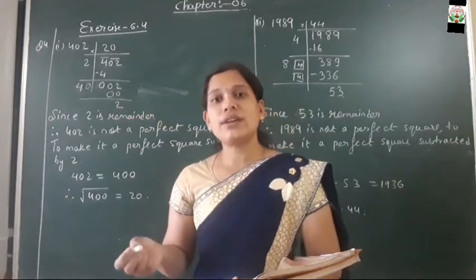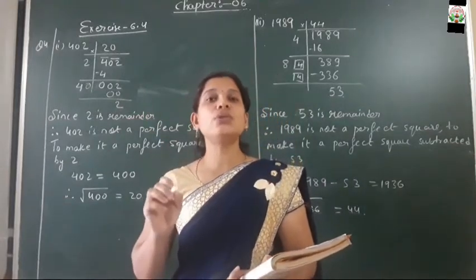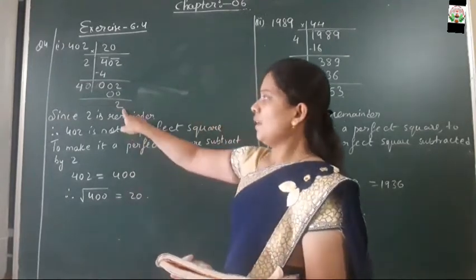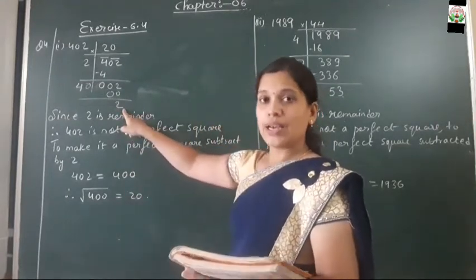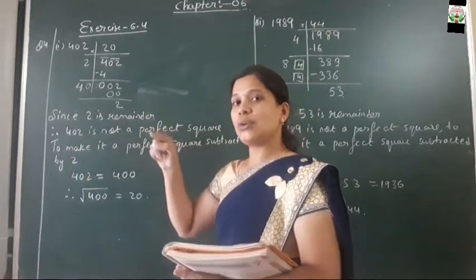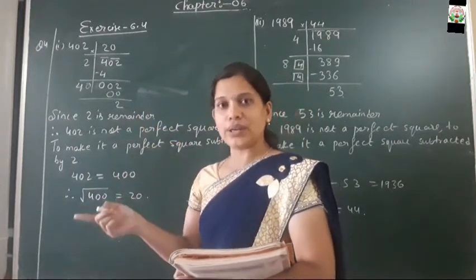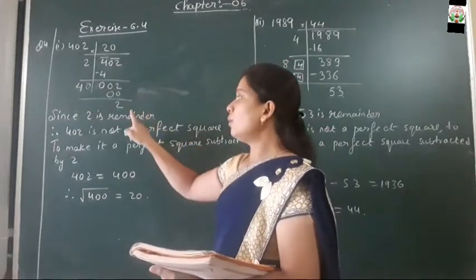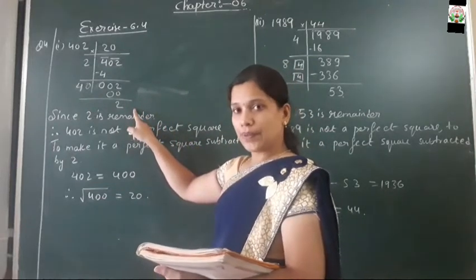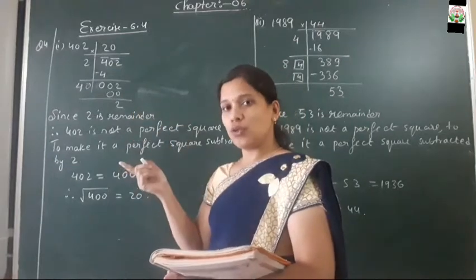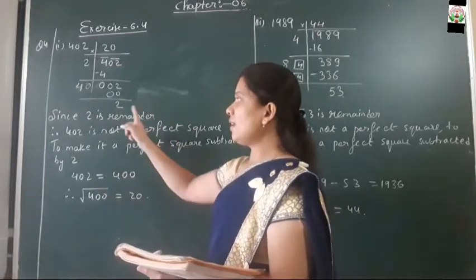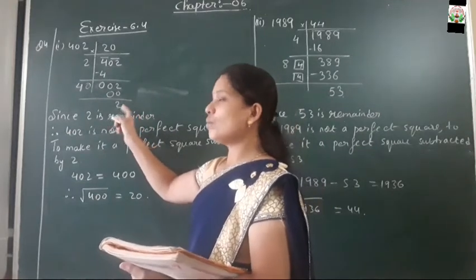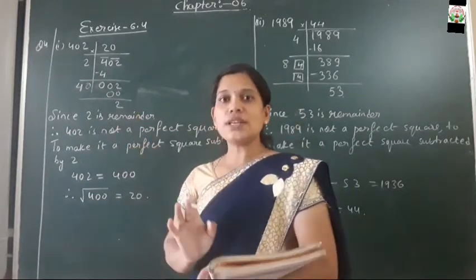If we find it by the prime factorization method, there is one number which remains unpaired, that is 2, isn't it? In the same way here 2 is the remainder. In the same way while finding from the long division method, the number 2 is a remainder. The number which does not form a pair was the smallest number. In the same way here the remainder will be the smallest number.